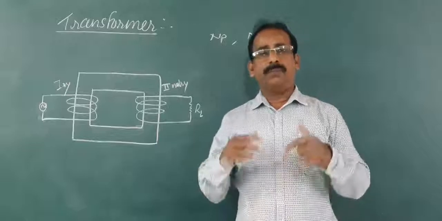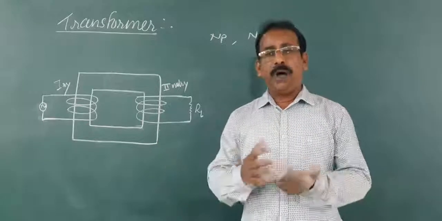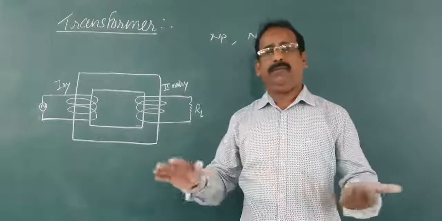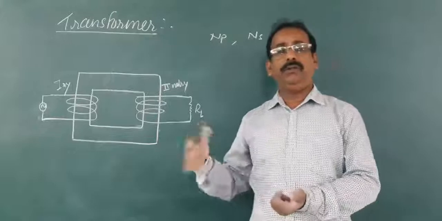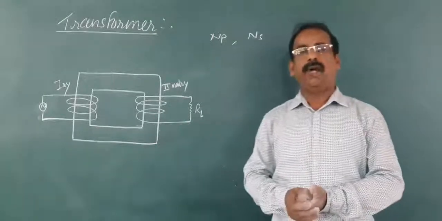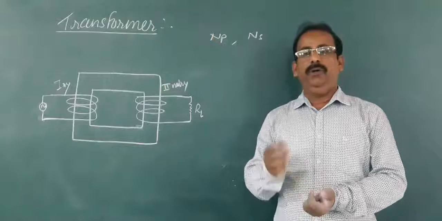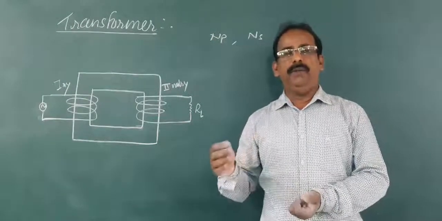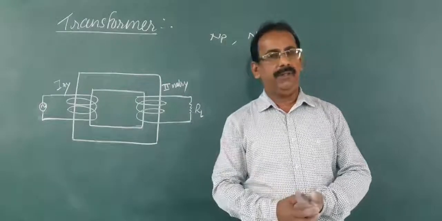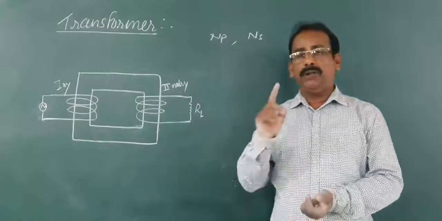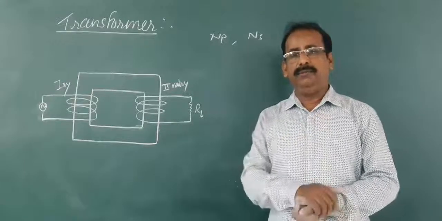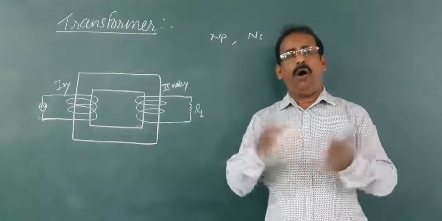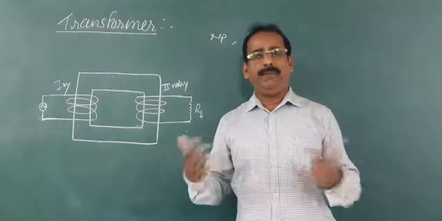As both the coils are present in the same magnetic field, the rate of change of magnetic flux through primary and through secondary coil will be the same. Therefore, the rate of change of magnetic flux passing through the primary coil will be equal to that through the secondary coil. Though the rate of change of magnetic flux is the same, the number of turns are different. Therefore, in both coils, different EMF will get induced.